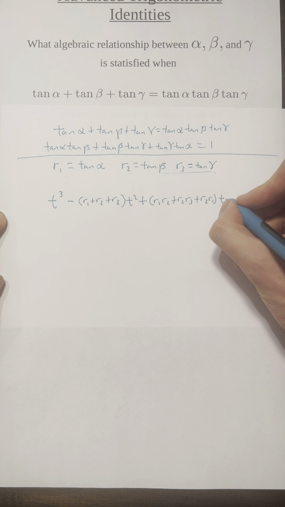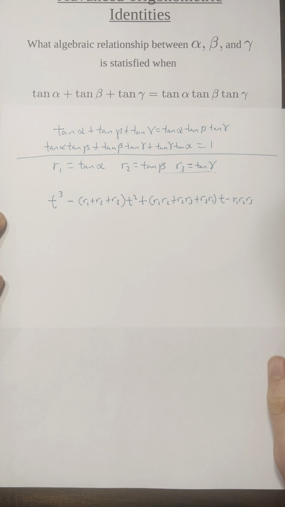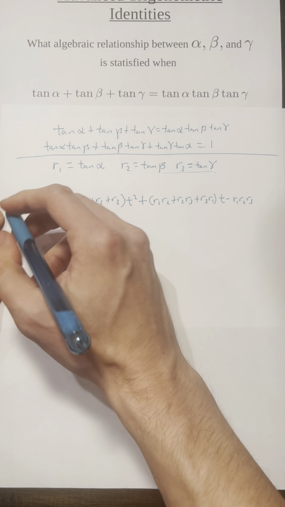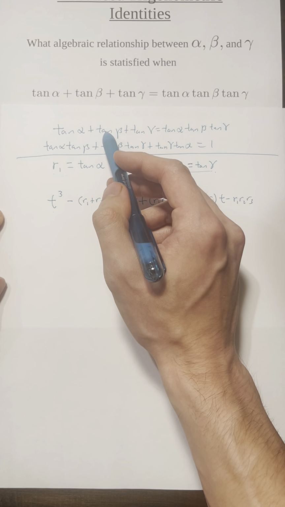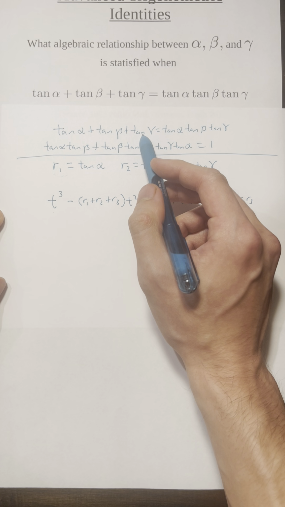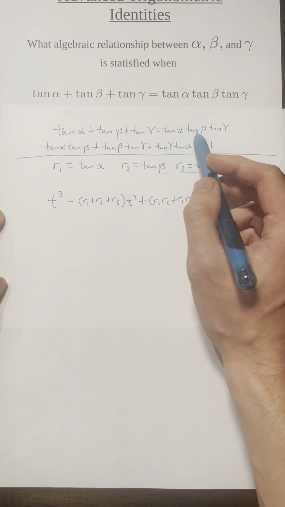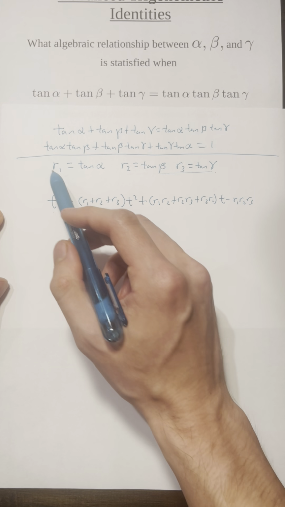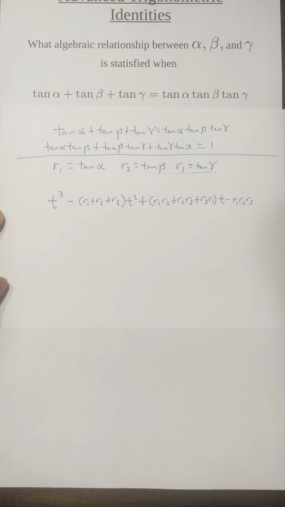And then it's minus R1, R2, R3. Okay. Now, from this system, what do we know? We know that R1 plus R2 plus R3 is going to be R1 times R2 times R3. And this is going to be equal to 1. So